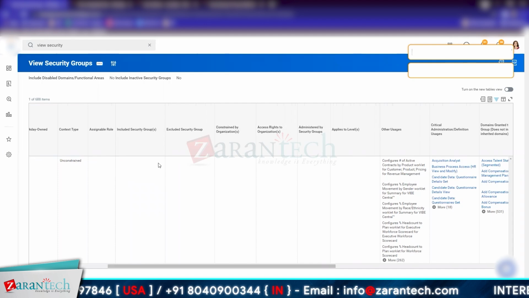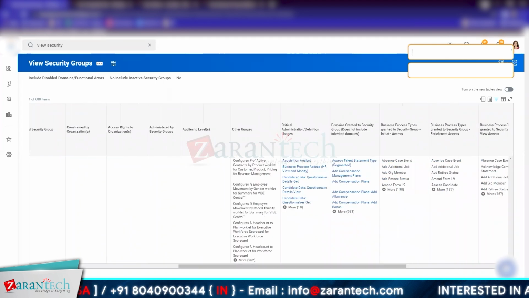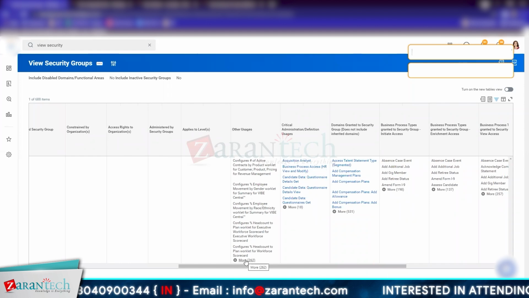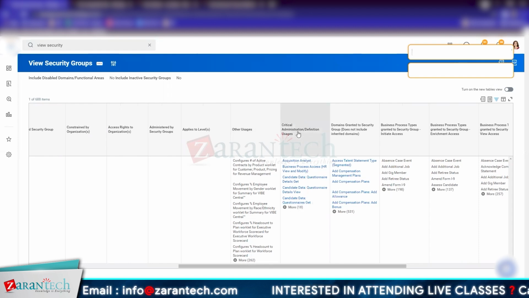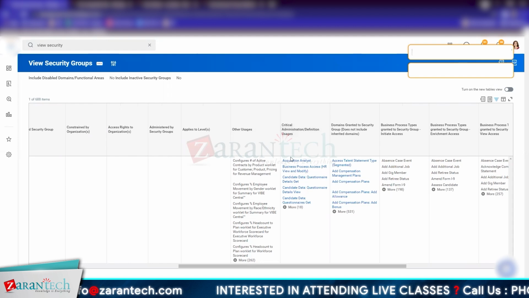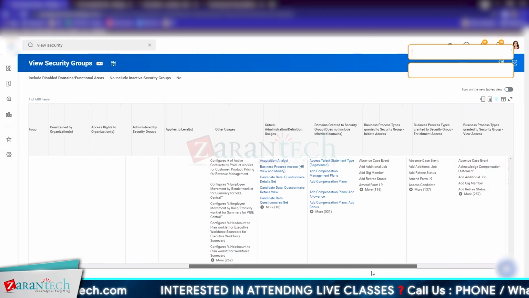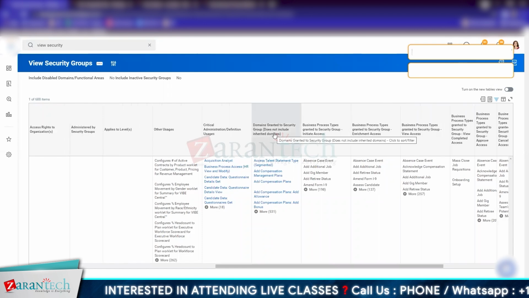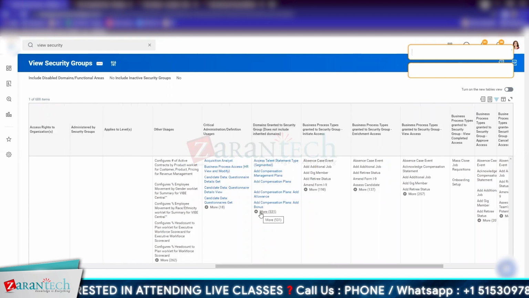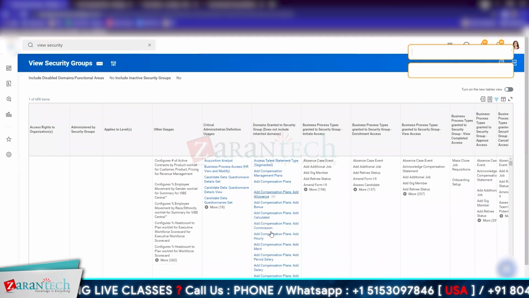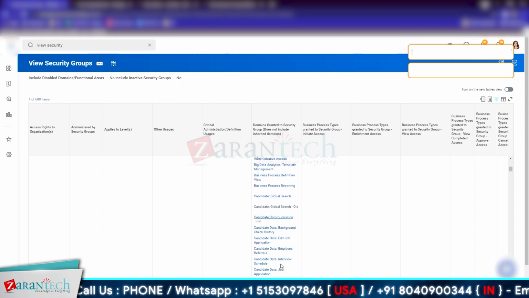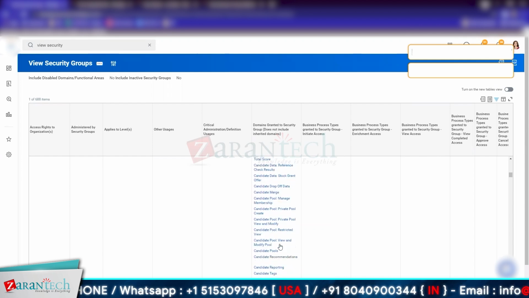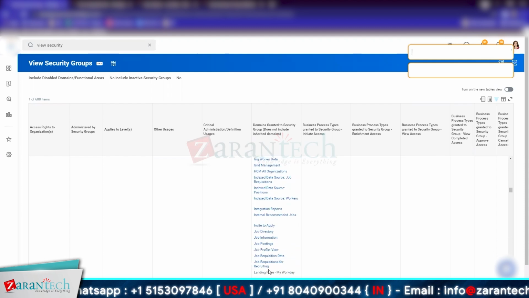So does it have any assignable roles? No. Is it constrained by organizations? No. Any excluded security groups in this or included? None. So other usages. So what usage access this security group has? I can see it here. Administration definition or usages can be seen here. Domains granted to security groups does not include inherited domains. So what are the top level domains in Workday that this security group has access to? So it has access to compensation, business process definition, IE audits, all the custom domain,